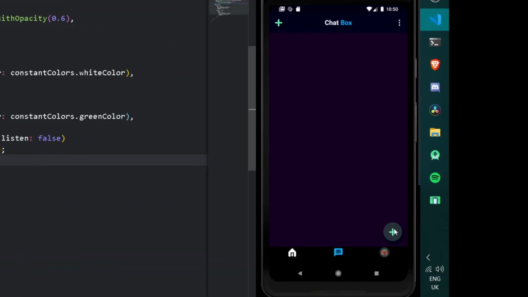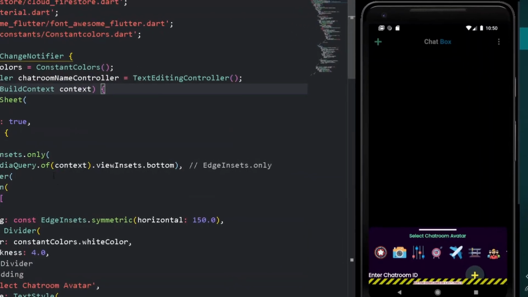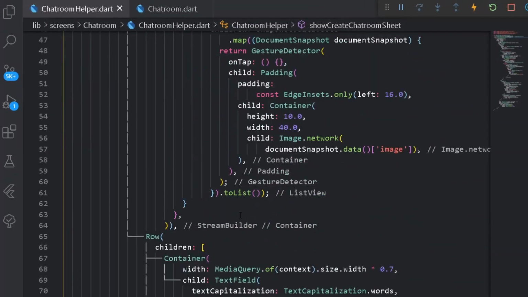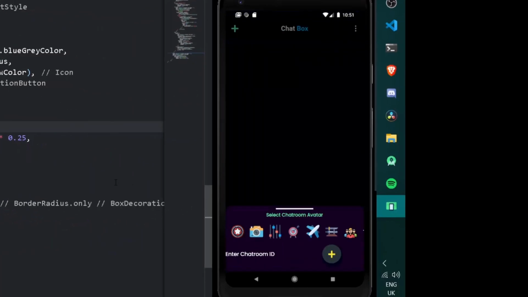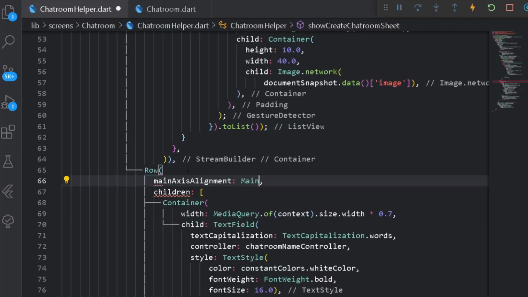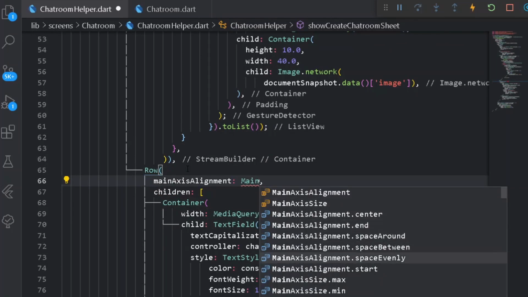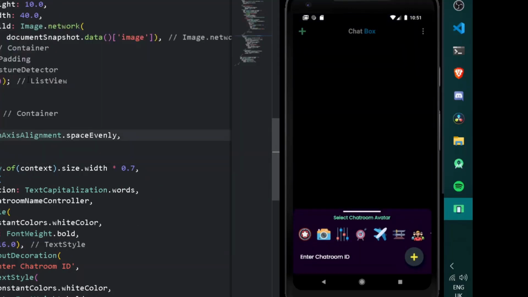So after pressing over this, alright, we need somewhat a bigger height to our entire container. So for that thing we can come down under a height, and here let's have a height of 2.5. Let's close it and open one more time. Alright, and after having this thing, let's go under our row, and here let's have mainAxisAlignment of spaceEvenly. Let's open it one more time. Cool, everything is looking more cool now.